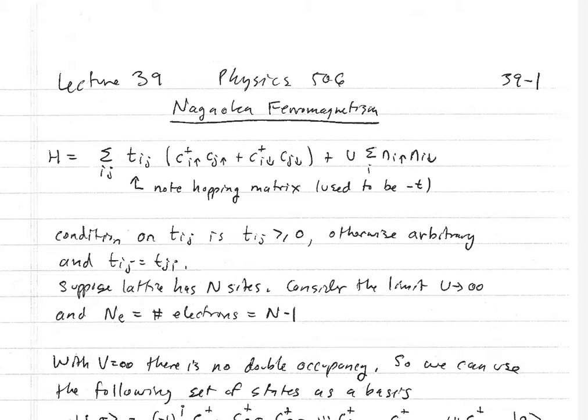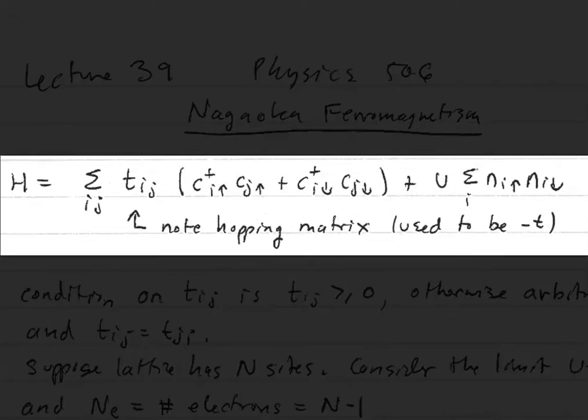So we're going to take our Hubbard Hamiltonian and write it in a more general form than we had done before. We're not going to necessarily assume we have hopping just between nearest neighbors. So we're going to use a hopping matrix Tij, but we're still going to sum over all spins sigma, and that's been given to you explicitly here with the C dagger i up, Cj up, plus C dagger i down, Cj down. The matrix Tij is a Hermitian matrix, and in this case it's going to actually be a real